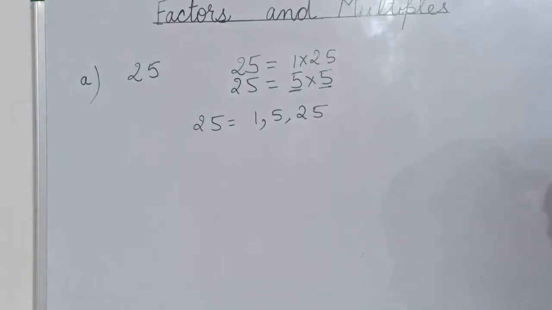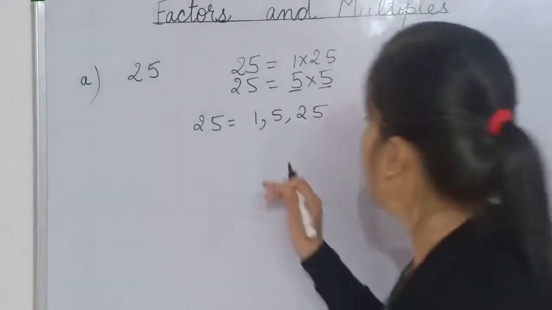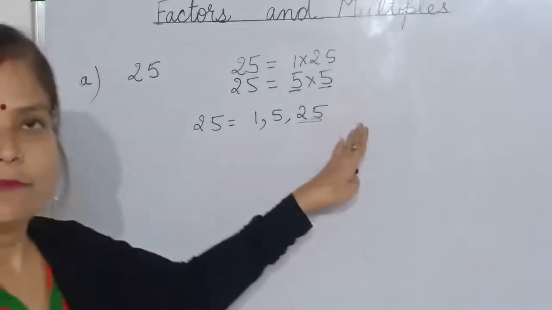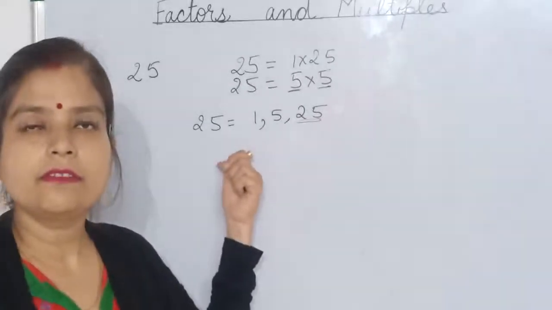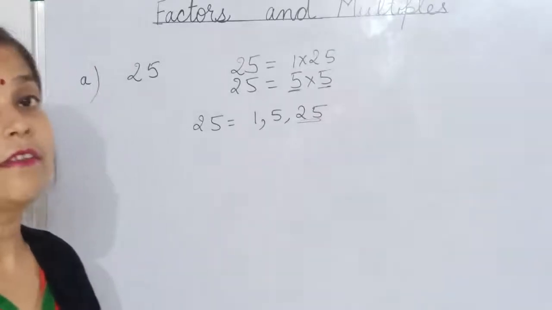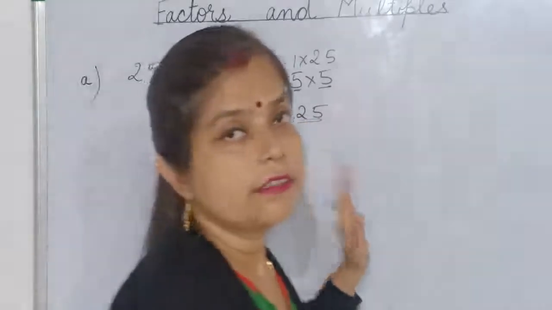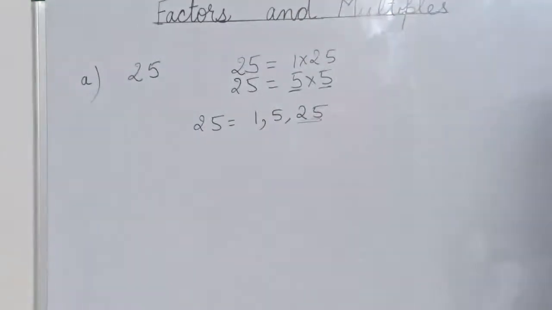Now second, the factor of a number is greater than or equal to the number. Just now we have seen the factor of a number can be equal to that number. But can you find any factor that is greater than the number? A factor is not greater than that number. It can be equal to the number, but it is not greater than the number. So this statement is false only. If anyone asks whether the factor of a number is greater than or equal to the number, you will say no, because it will never be greater than that number.